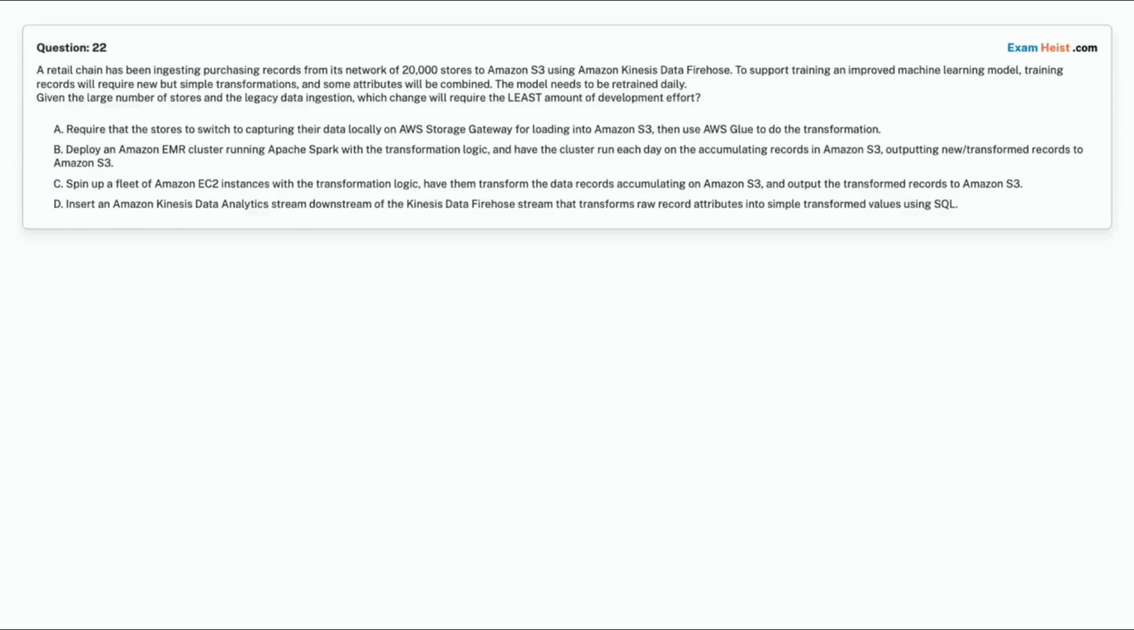To support training an improved machine learning model, training records will require new but simple transformations, and some attributes will be combined. The model needs to be retrained daily. Given the large number of stores and the legacy data ingestion, which change will require the least amount of development effort? Option A. Require that the stores switch to capturing their data locally on AWS Storage Gateway for loading